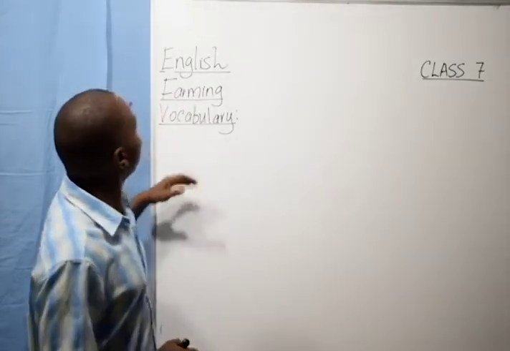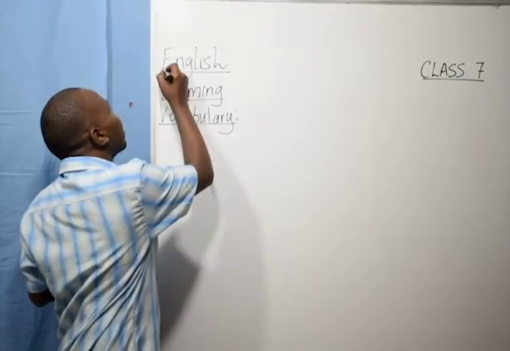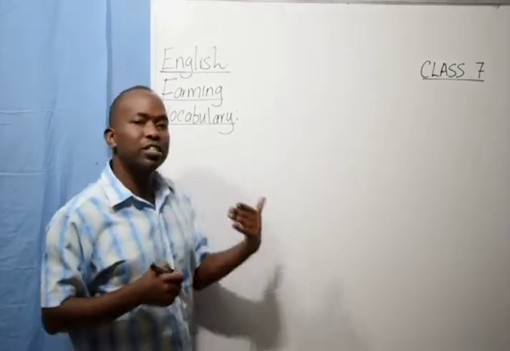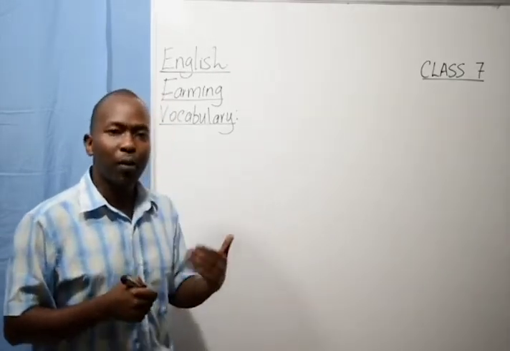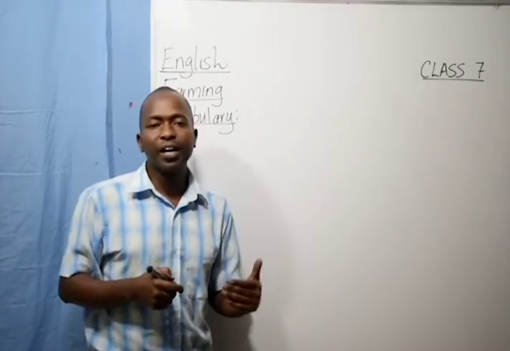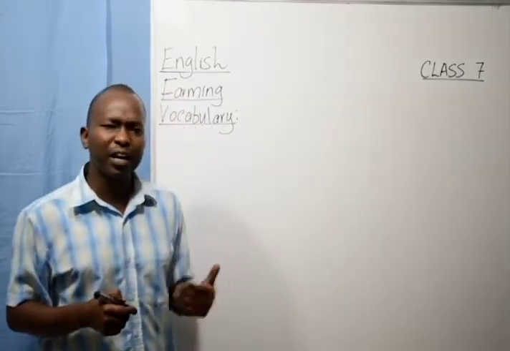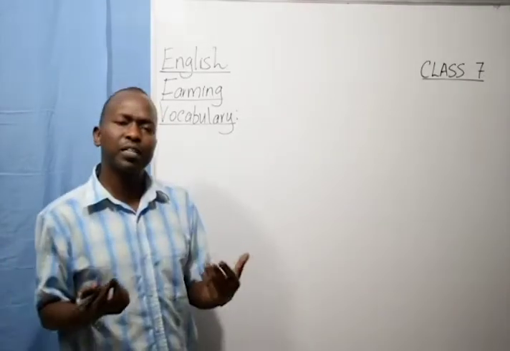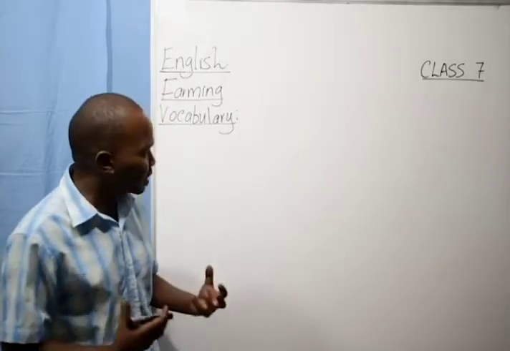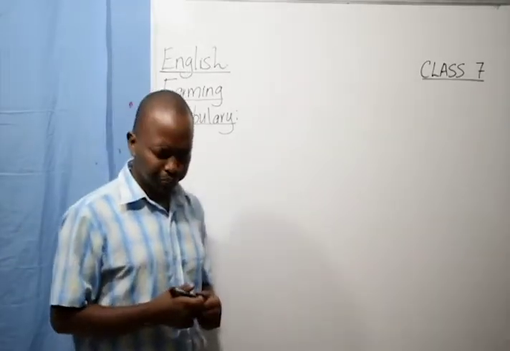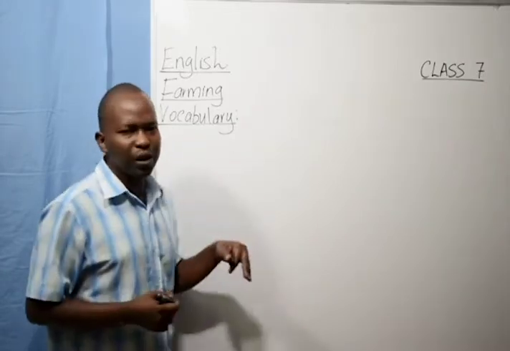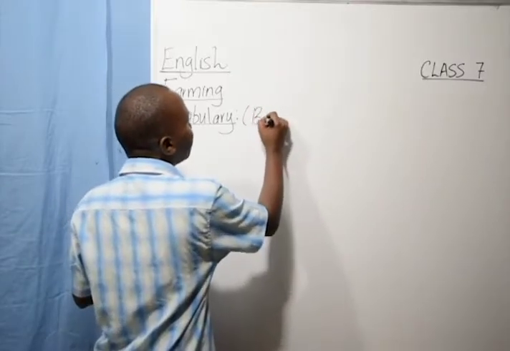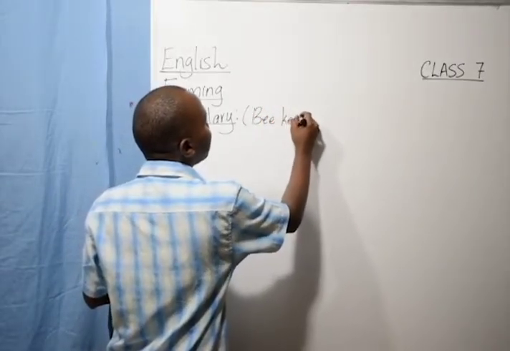Now in today's lesson, we are looking at the unit farming. Remember why we do this: as we all know, our country is well known for being a farming country, whereby agriculture is the backbone of our economy. And so it is important that we look at various aspects of farming in our country. We're going to start by looking at the vocabulary, and the vocabulary that you are going to learn today will be related to beekeeping.